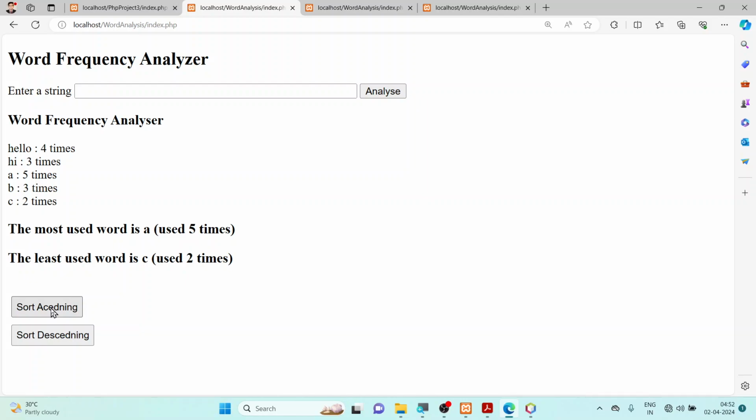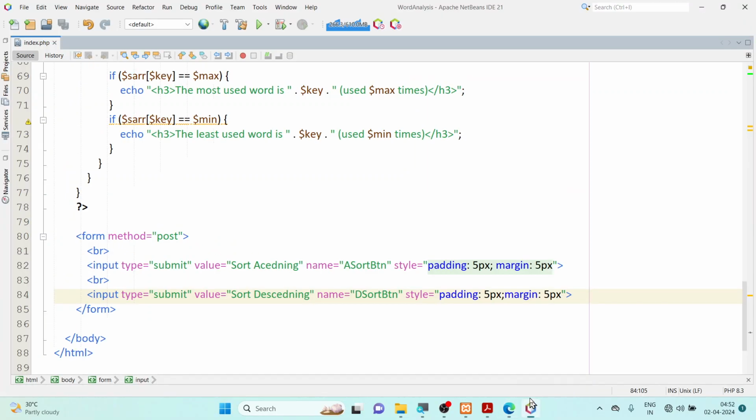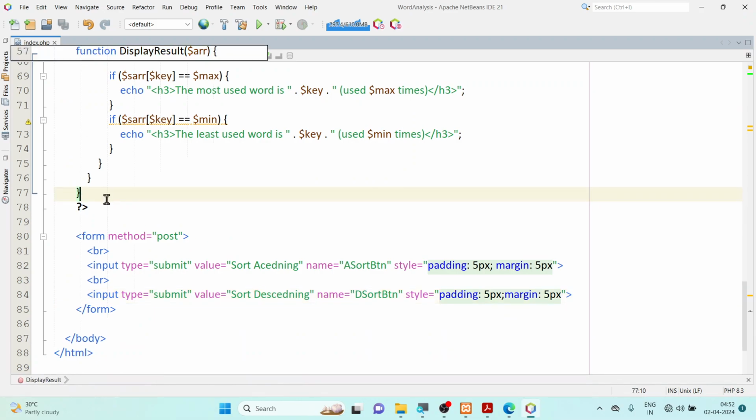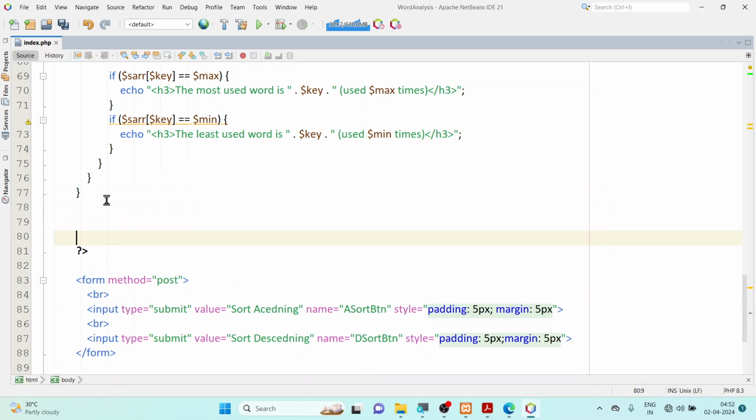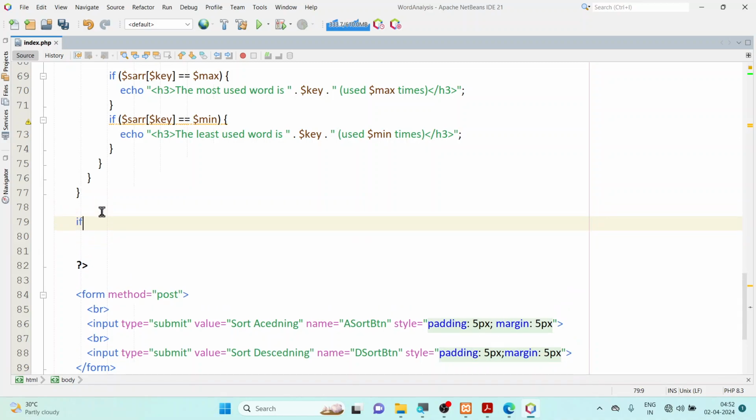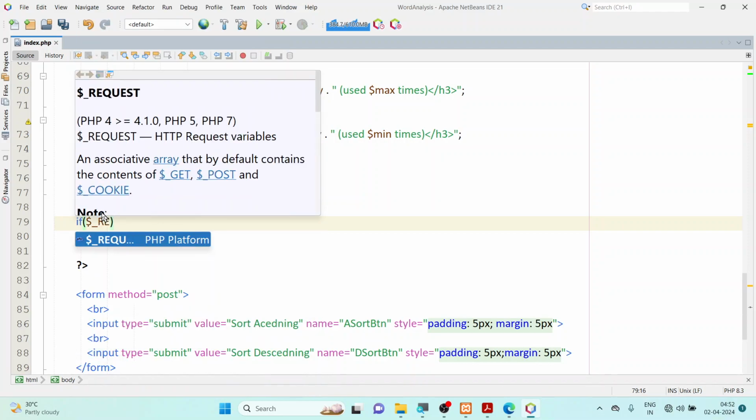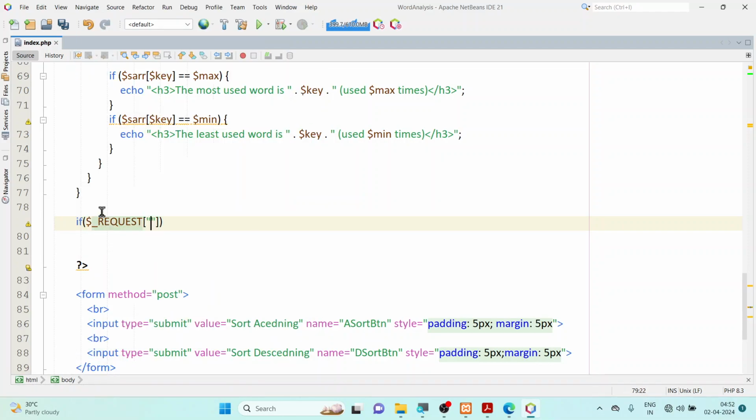When I click on sort ascending, sort descending, something has to happen. So what is that? Something has to happen. So let's go here and let's check. Okay, if this request contains, $request, remember you can use post also. If this request contains the first one, sort ascending, if this is there, so how do you say that